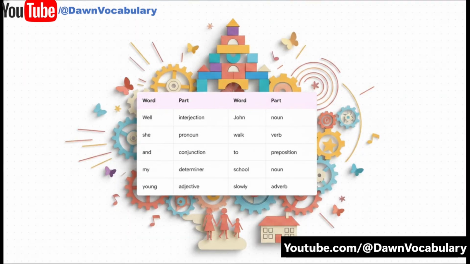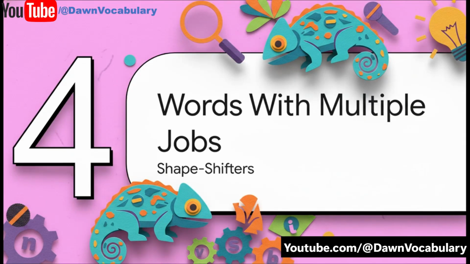And this brings us to the ultimate climax of our building blocks. Check this out. Well, she and my young John walked to school slowly. Listen to the underlying structure there. Interjection, pronoun, conjunction, determiner, adjective, noun, verb, preposition, noun, adverb. Every single one of the 9 parts of speech is actively working in this single sentence simultaneously. It is in perfect harmonious balance. It's literally like a finely tuned engine where every gear has a highly specific role, which perfectly leads us into